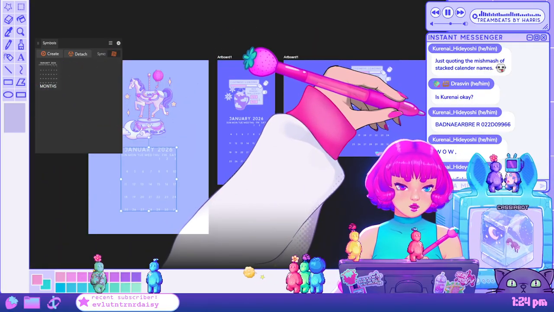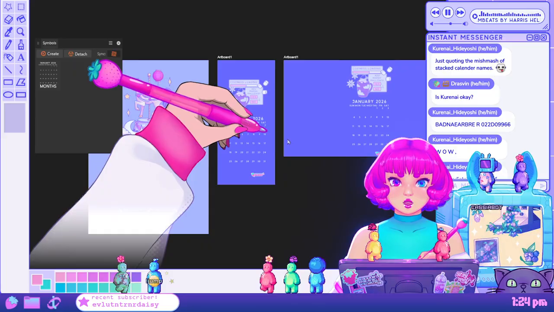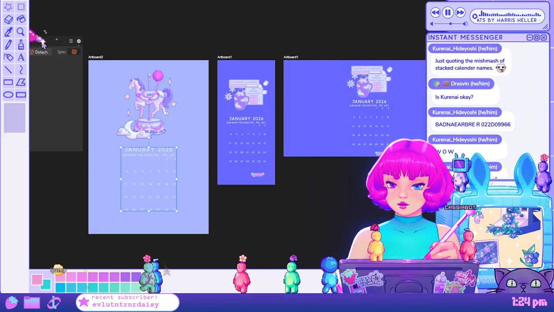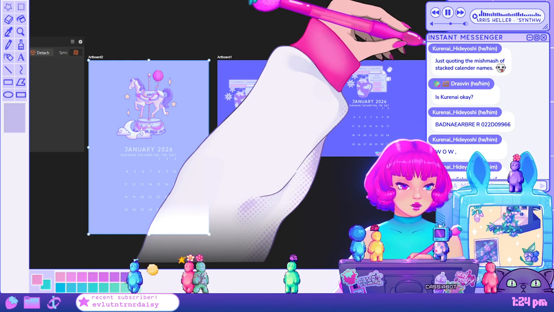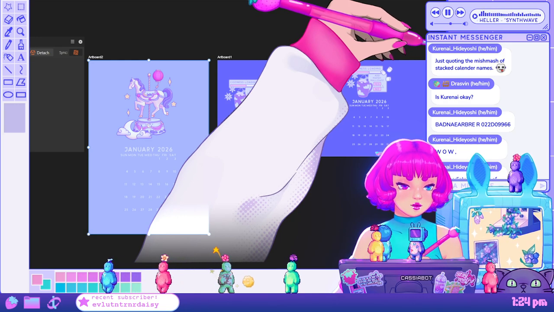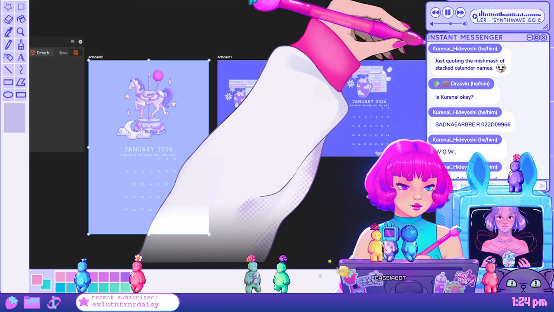And I can actually also probably do that for the art too. So if I create a symbol for, let's do a symbol for the,